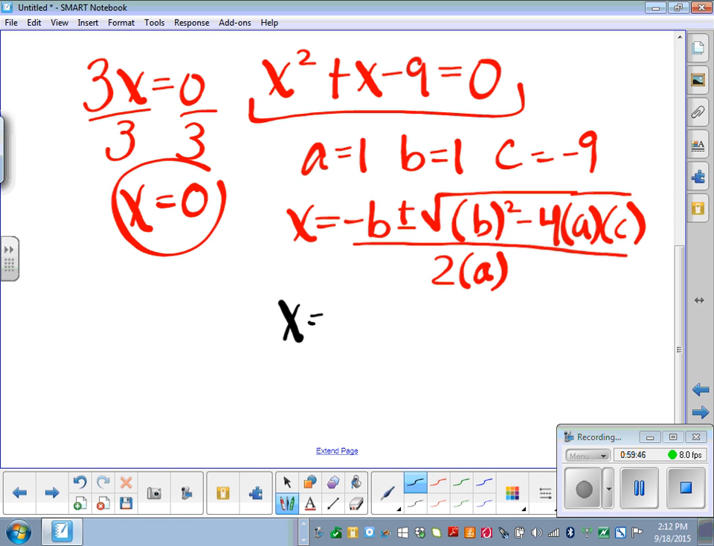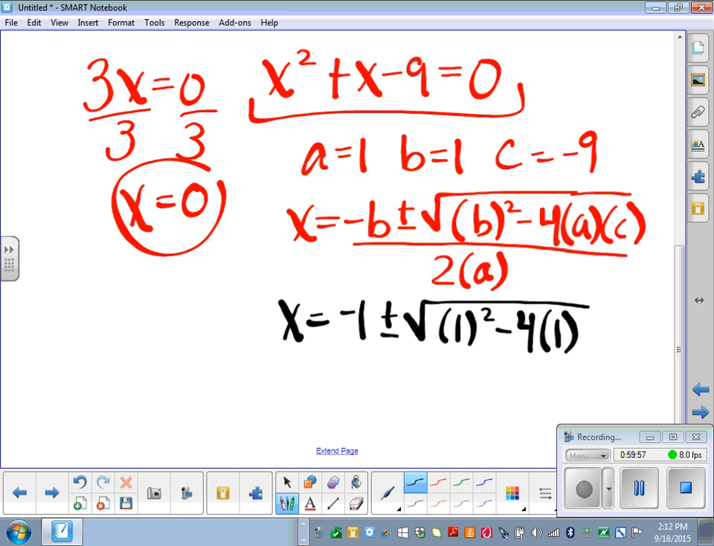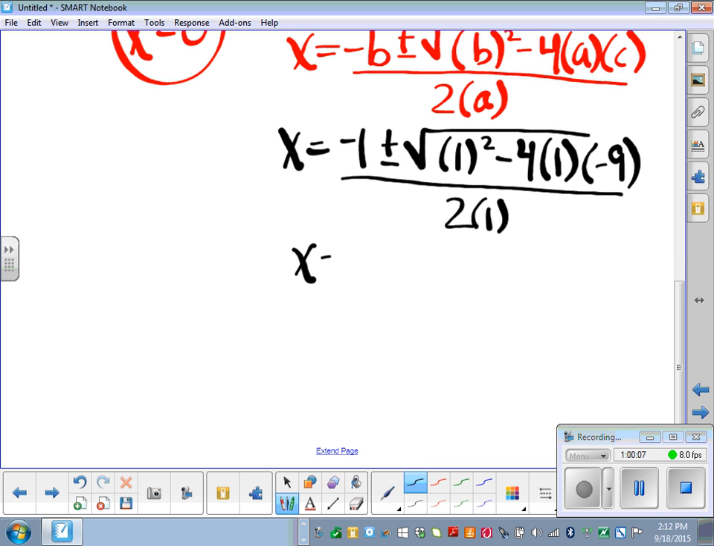So we get x equals the opposite of b, so -1 plus and minus the square root of b squared, so we'll do 1 squared minus 4 times a is 1, times c is -9, and then that's all over 2 times a is 1. So continuing, we get x is equal to -1 plus or minus the square root of 1